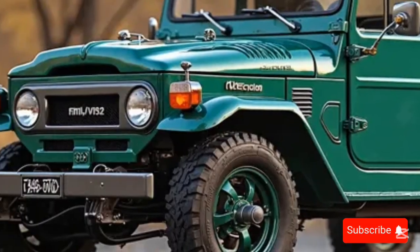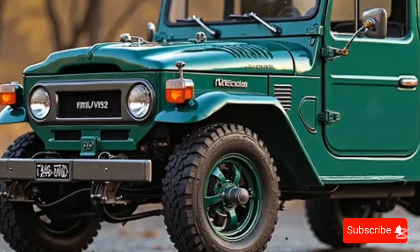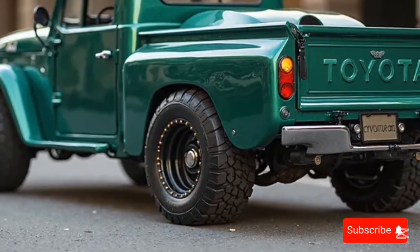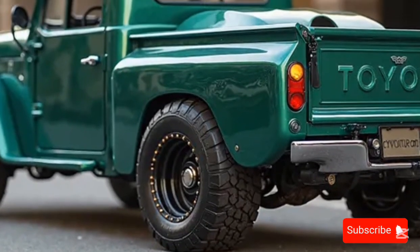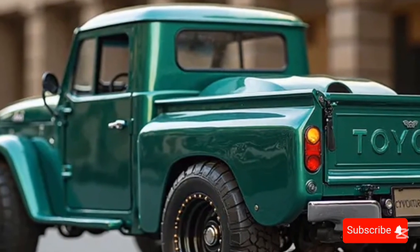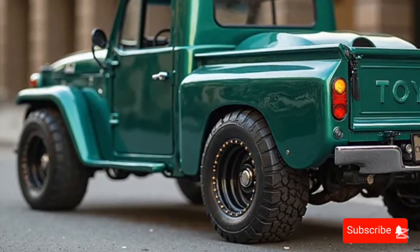The FJ40's legacy only grew stronger in the decades that followed. While production in the US slowed in the early 1980s, it continued in other parts of the world for years. And now, it's a sought-after classic, not just for off-road enthusiasts, but also for collectors and restorers who value its